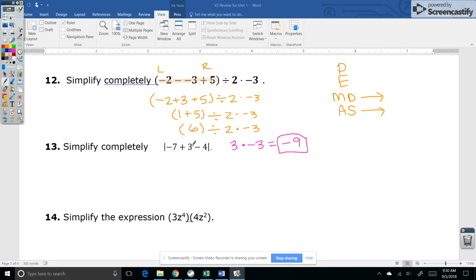Okay, we have absolute value here, which means I'm looking for a distance, and a distance is always positive. So after I evaluate using order of operations, I'm going to look at the distance to 0 on a number line. So negative 7 plus 3 minus